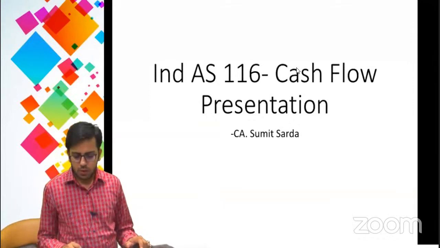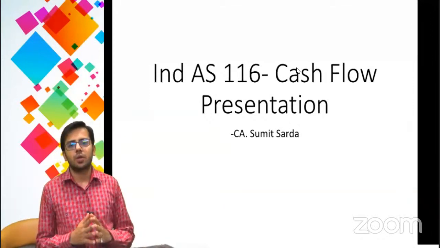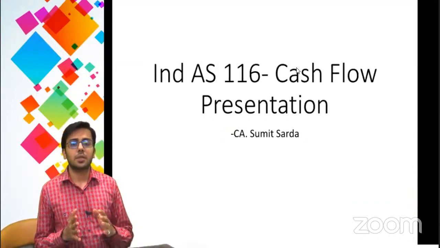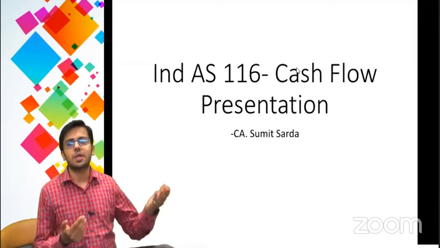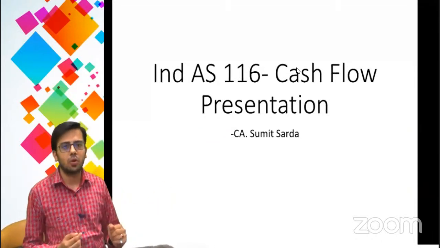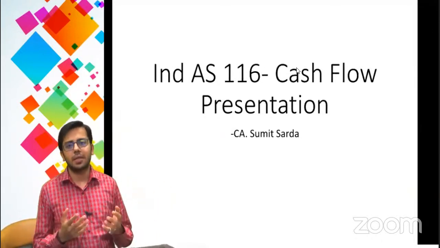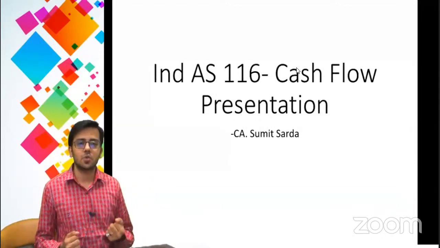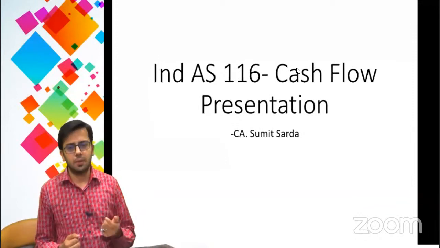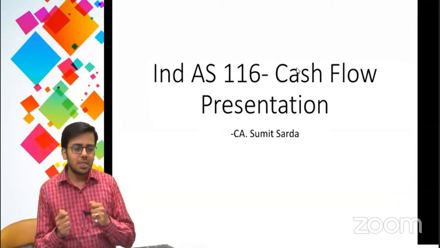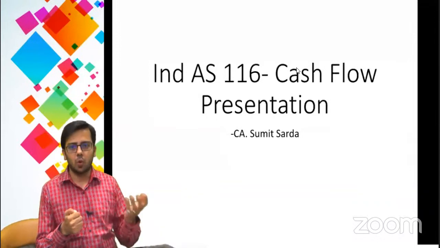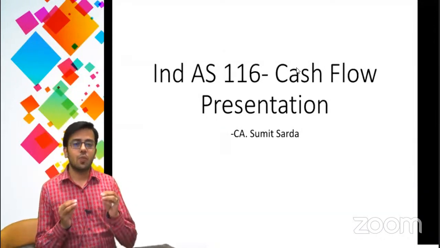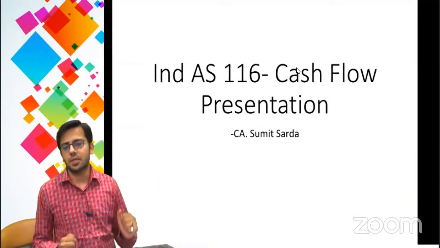So today's session is basically on Indian Accounting Standard 116, not exactly how lease accounting is done, but rather on the presentation of leases in the cash flow statement. Lots of people have doubt on whatever we are presenting, like the income or the expense that the lessee shows, or maybe the income that the lessor is showing, are somewhat notional. What the lessee is paying is considered as repayment of loan, and what the lessor is receiving is considered as receipt of loans and advances. So where should the following things be presented in the cash flow statement is generally a very big doubt lots of people have,